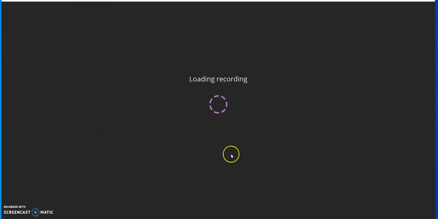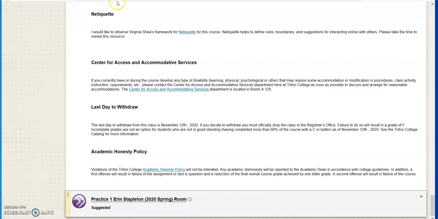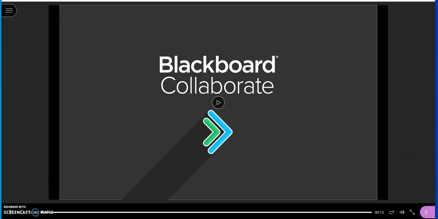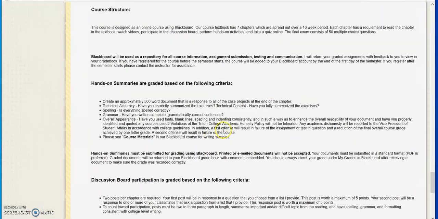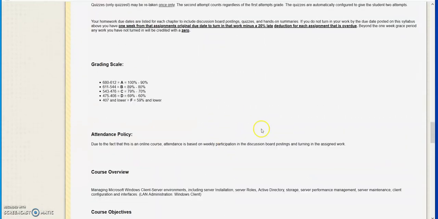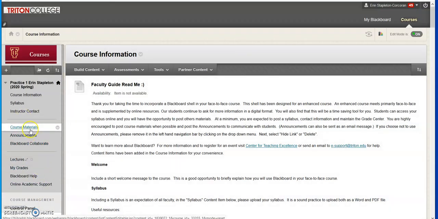And there you see the recording is loading. The reason that you do it that way is that your students cannot, let me close out all of these tabs that I have. The reason you would add a link that way is that your students are not able to see the Blackboard Collaborate set of videos that is only